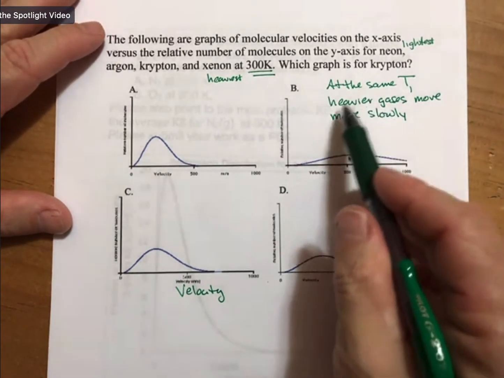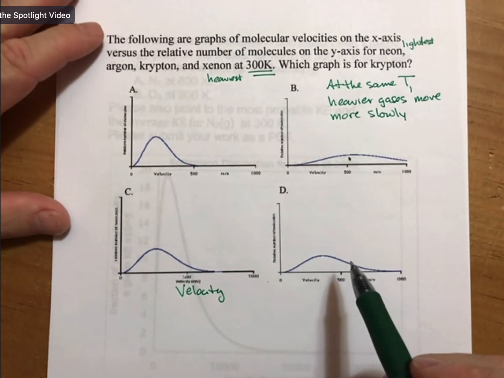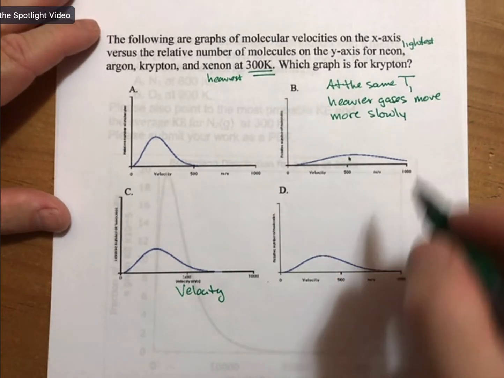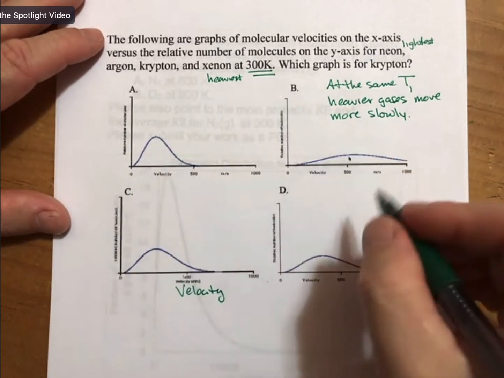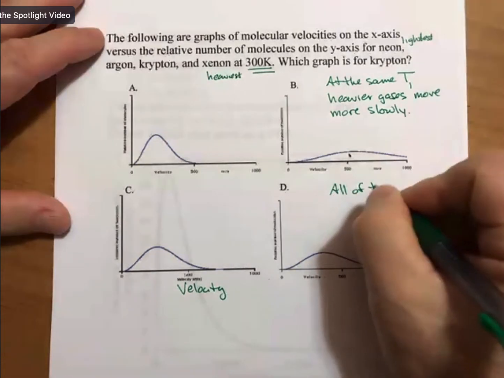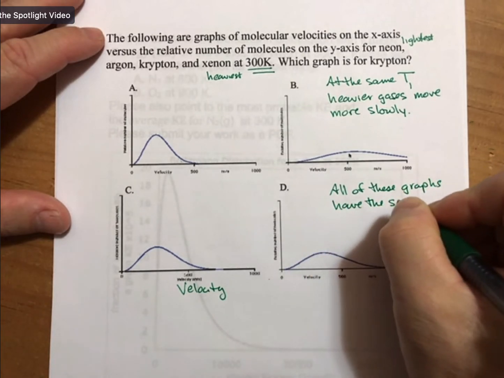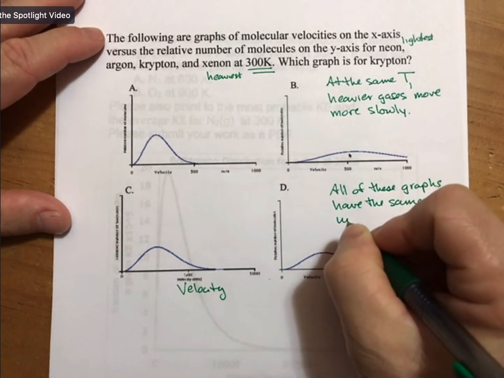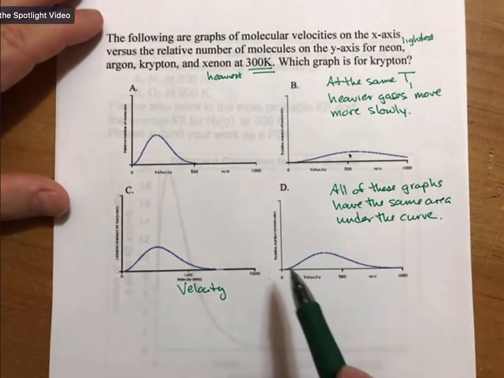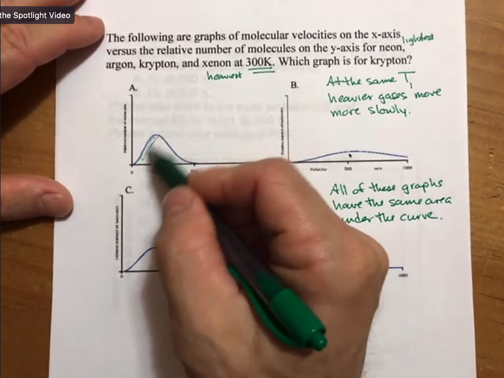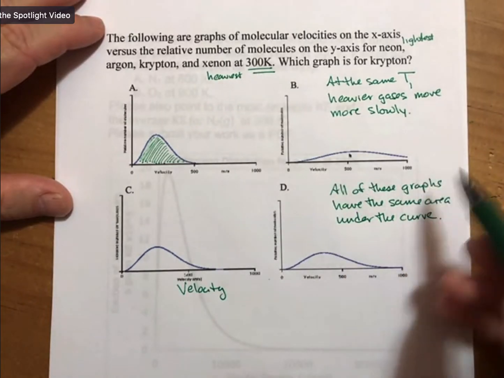And now we need to interpret this statement in terms of the graphs that we're seeing. And what I would suggest is that the next thing we need to know about these graphs is that all of these graphs have the same area under the curve. And by area under the curve, what I mean is, if I were to color this in, and I were to color, well, this one sort of runs off the screen, but if I was to color this one in,